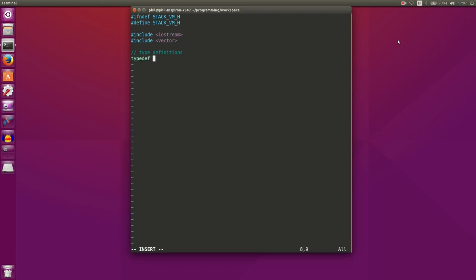So we'll do a typedef, and we'll do int32, basically creating a signed integer of 32 bits size, and everything in our virtual machine, at least for right now, will be 32 bits in size for simplicity. Then we'll go ahead and create our class. We're going to call it stack VM,